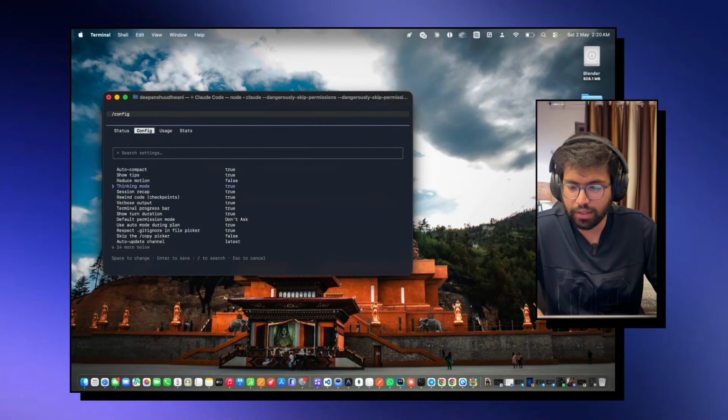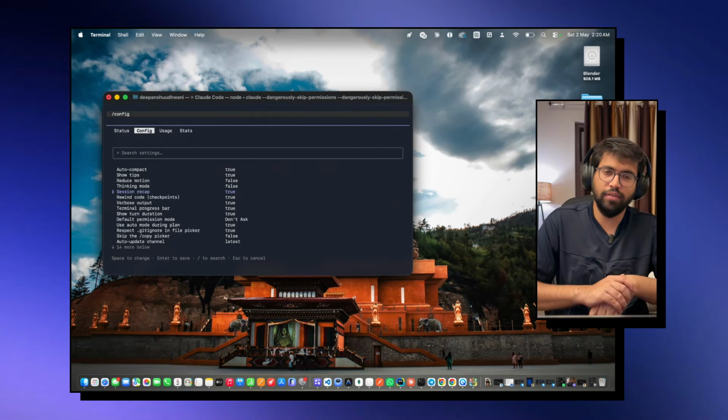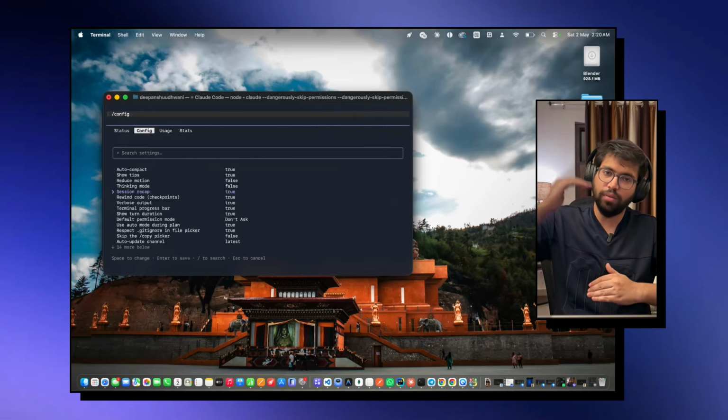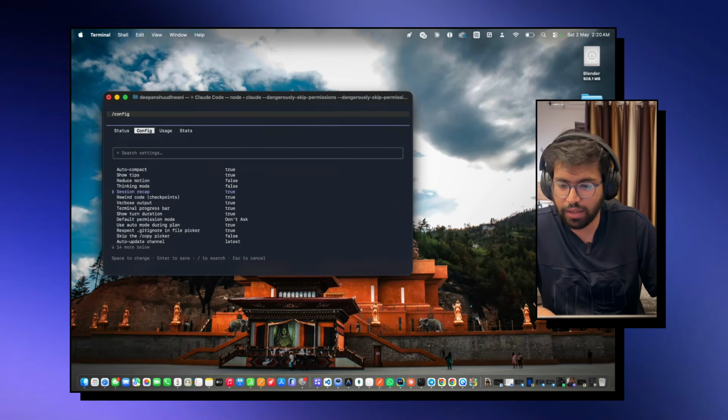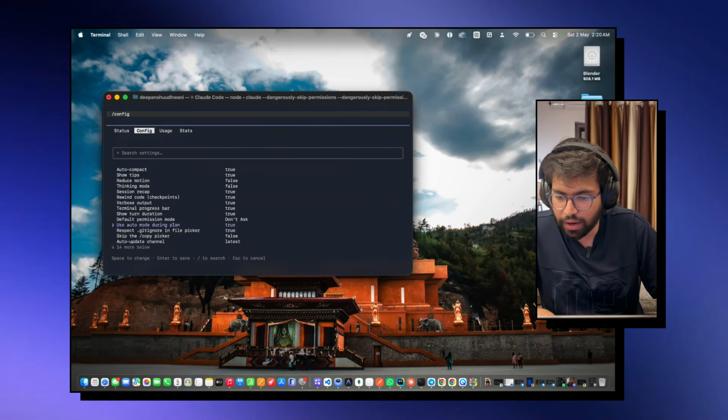We can turn this off with a space, and the thinking mode is off. Session recap is allowed. It is used, let's say, if you have created something but you want to roll back. And respect, skip, copy picker,